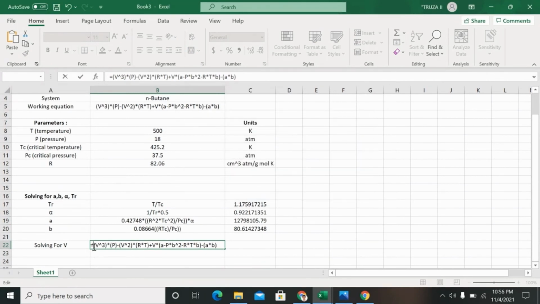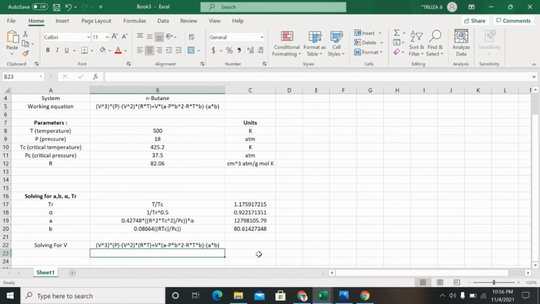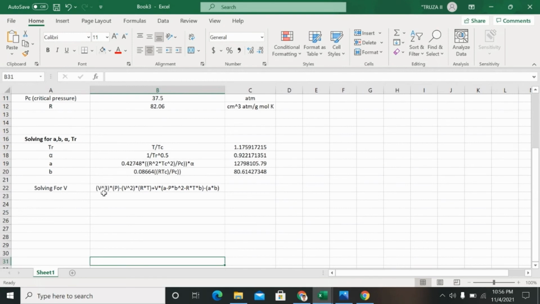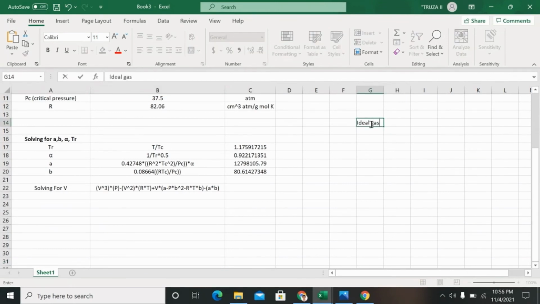Okay, we have this equation. We can see here that we cannot solve for V because we don't have the initial value of V. So to get the initial value of V, we use the ideal gas equation. So I will just put here ideal gas equation,